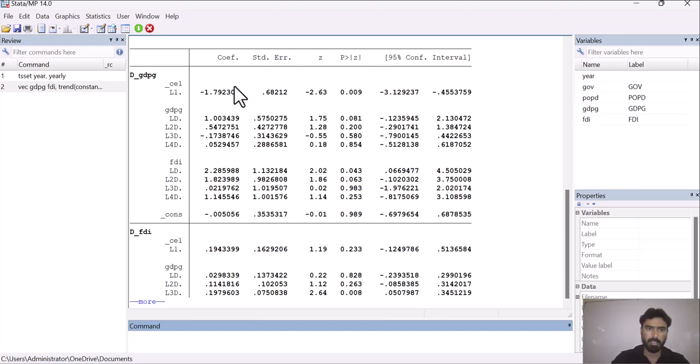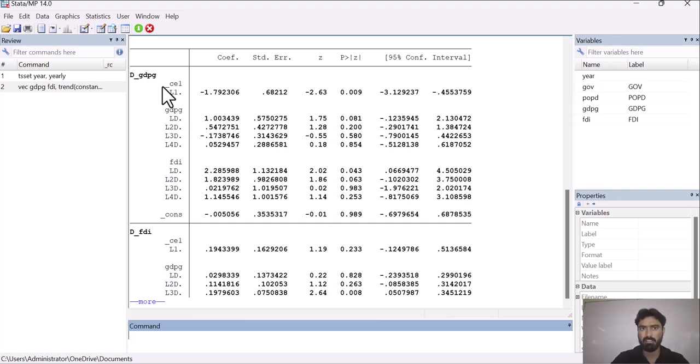Here you can see that we have included 5 lags in our model. So LD is the first lag, this is the second, and third, fourth. So these are the lags which we have included in our model, and CE1 means cointegrated equation 1. This shows the long run relationship between the variables.